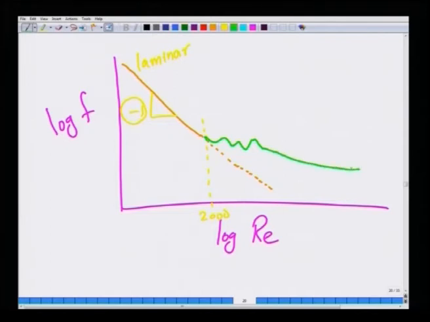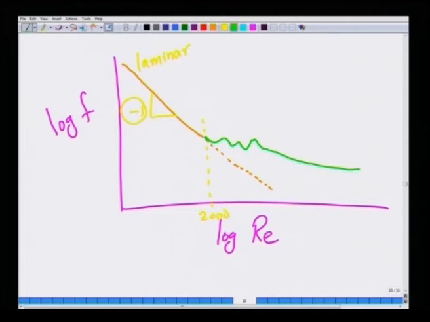Okay. The flow becomes turbulent and the friction factor no longer becomes 64 by Re, and it takes a completely different value. So, this is a purely experimental result. If you were to do experiments at various Reynolds numbers, that is at various velocities, and measure the pressure drops at various velocities in a pipe, then reformulate them and replot them in terms of friction factor versus Reynolds number,